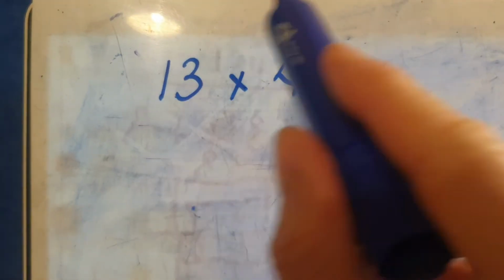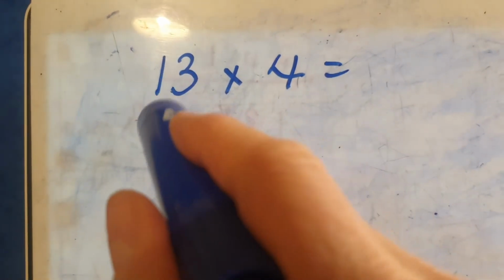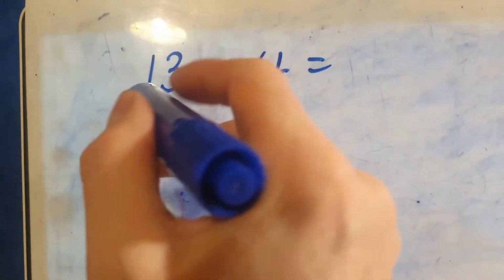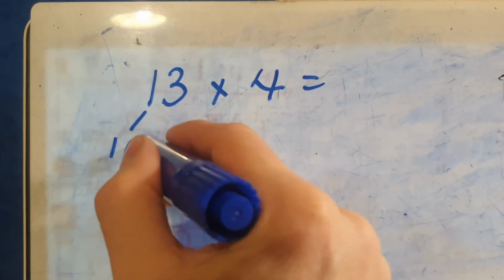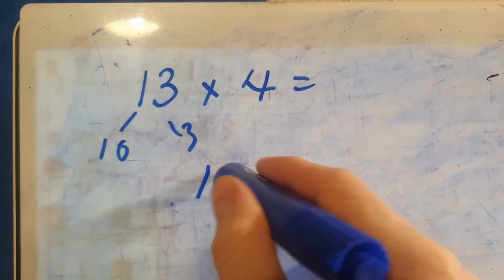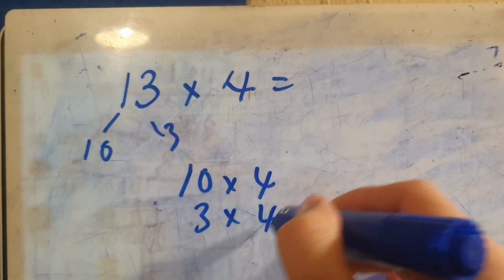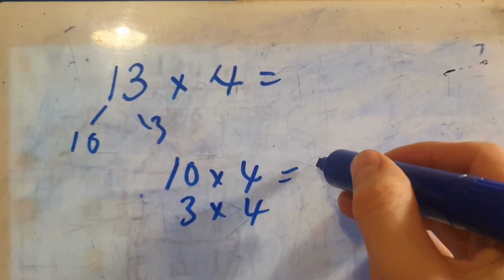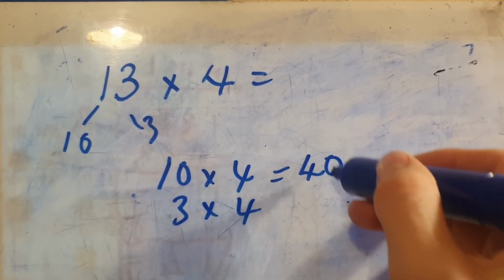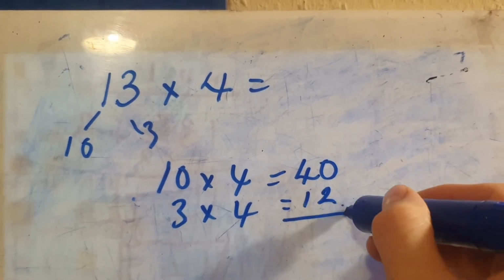Okay, just going to do a bit of multiplication. So 13 times 4. 13 lots of 4. I could write my 4 out 13 times, but that would take me ages. So what I could do here is just partition. I've got 1 10 and 1 3. So I could say 10 times 4 and 3 times 4. So 10 fours are 40, and 3 fours, 12. Put them together,